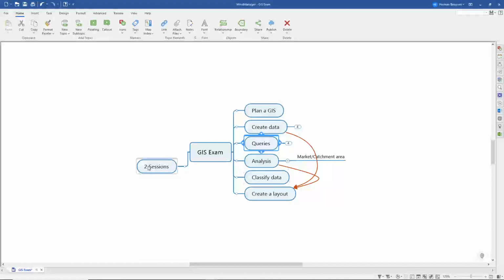Queries will be in text or a paragraph. Analysis, you will do the analysis, but the answer will be in a layout or a map that you must provide. Important, it will be over 2 days, 2 hours each, but it will be different questions. You will not be able to work on the second day on the previous day's questions. So you must complete each question in the 2 hours, the next question in the